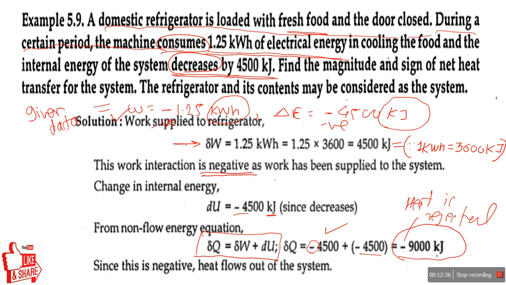If we observe our domestic refrigerator, at the back side we see a coil, the condenser, which rejects heat. So in the kitchen we feel warmer compared to other rooms because the condenser continuously rejects heat. In the freezer there is an evaporator coil or chilling coil, which absorbs heat from the food, and that heat is rejected via the condenser. So the heat rejected is around minus 9000 kilojoule, which is again an application of the first law of thermodynamics.